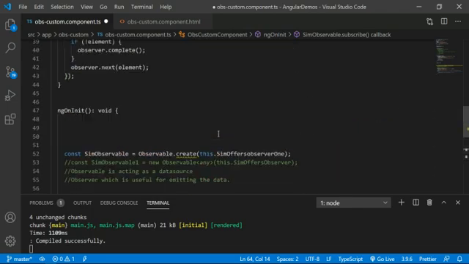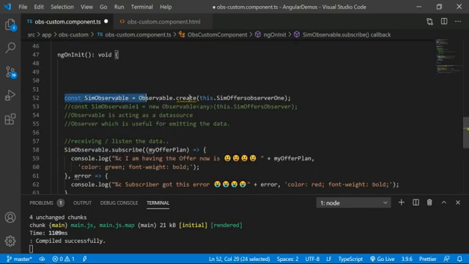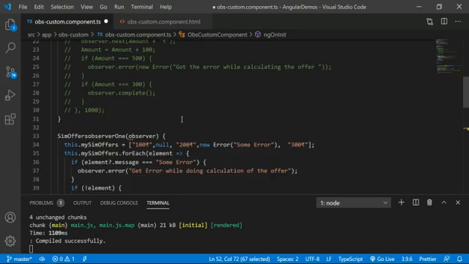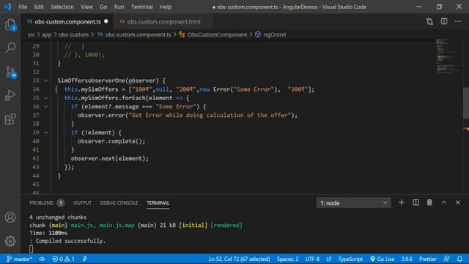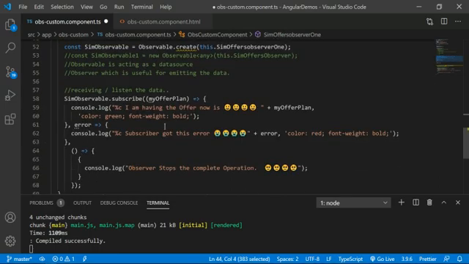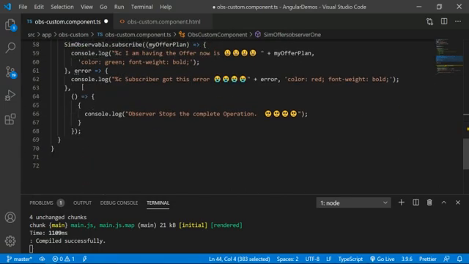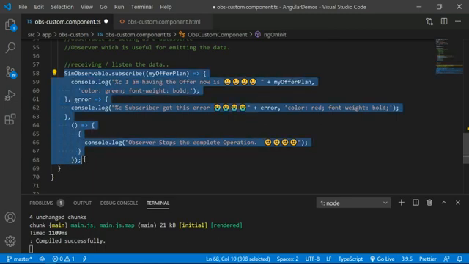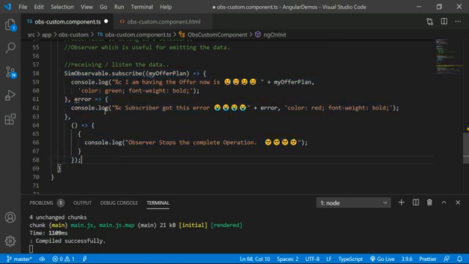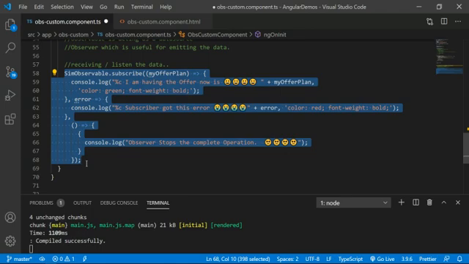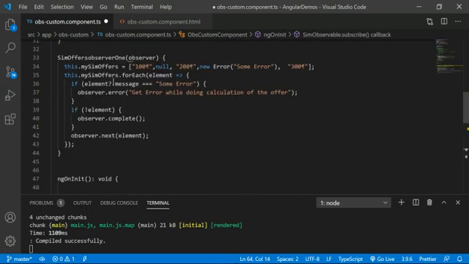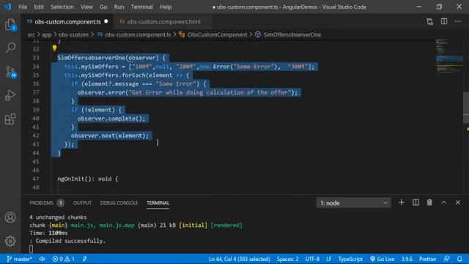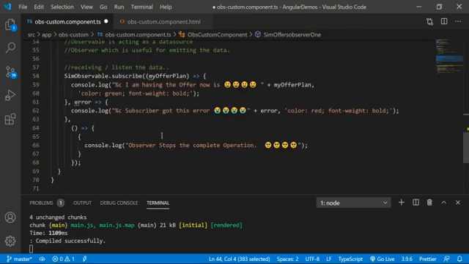My first step, I am repeating, is declaring one observable. After that I declare the observer, which passes the data to the subscriber. The subscriber always receives the data from the observer, but in real-time scenarios you have to focus on the subscriber, not the observer. The observer will anyway give the data to the subscriber.